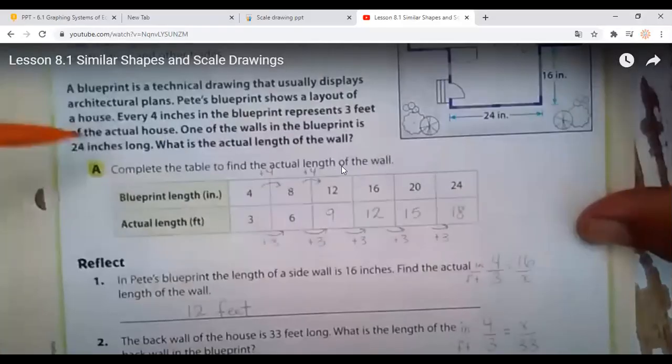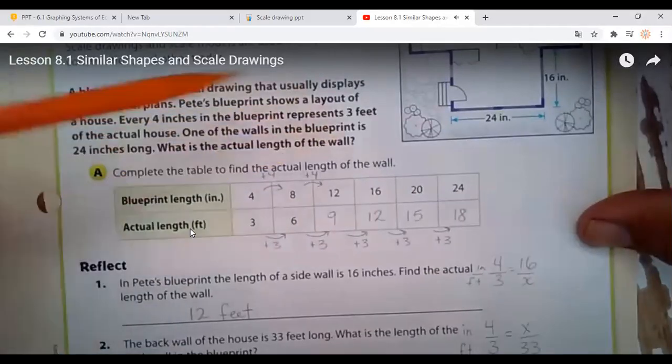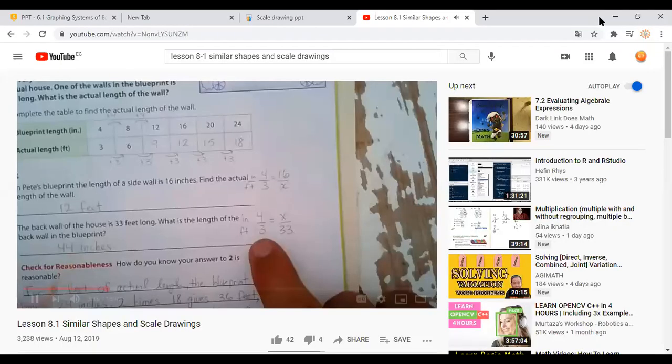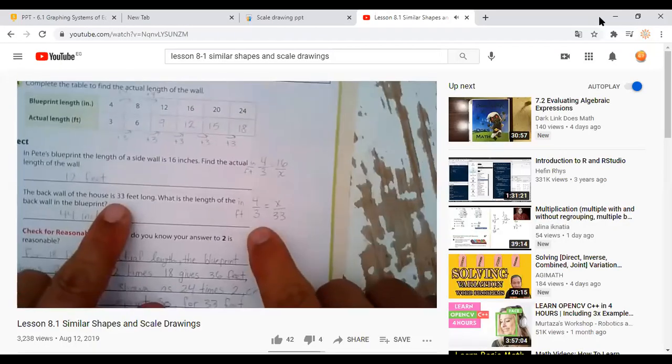It tells us right here, 4 inches in the blueprint, 3 feet actual. What we're given is 33 feet right there. So anything with feet goes in the denominator, anything with inches goes in the numerator. We're trying to find the length on the blueprint, and so that's going to be in inches, so it goes in the numerator right there. 3 times 11 is 33, so